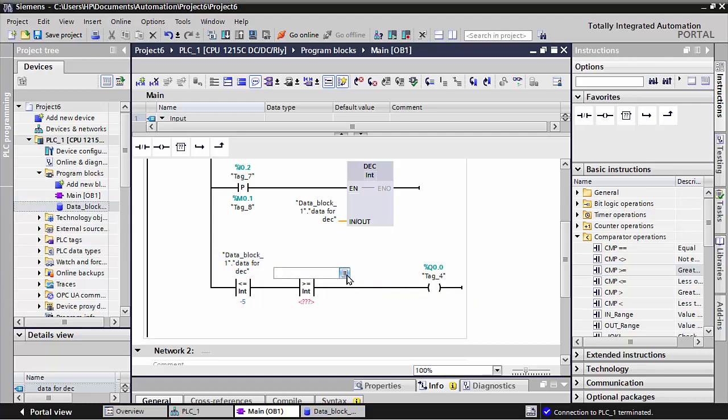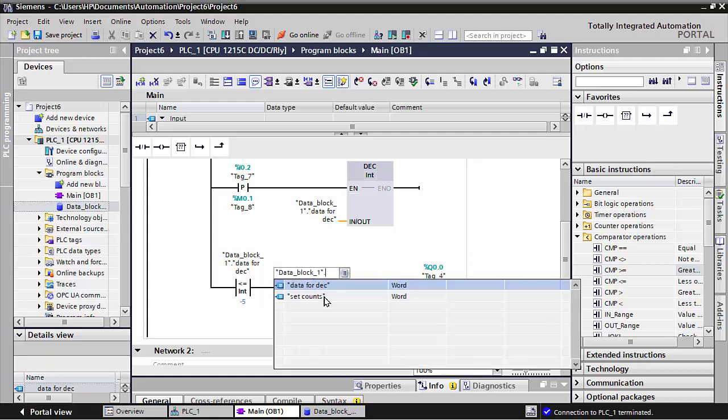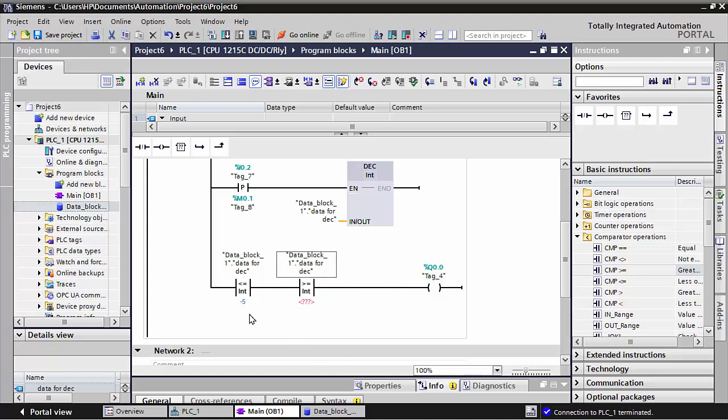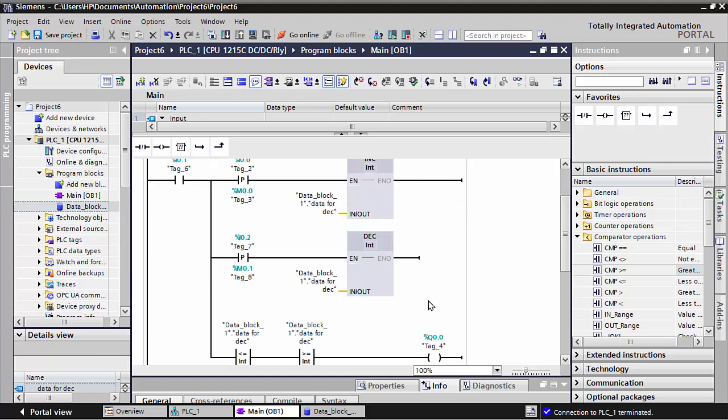Click it here and you can go here; the data for decrement you can use here. Here I put 5 for increment, and here I also put 5. When it goes up to 5, your Q0.0 will be on, and when it goes down from 5,